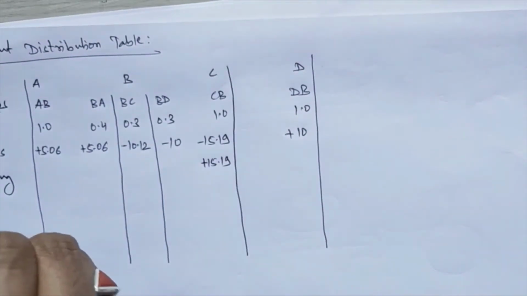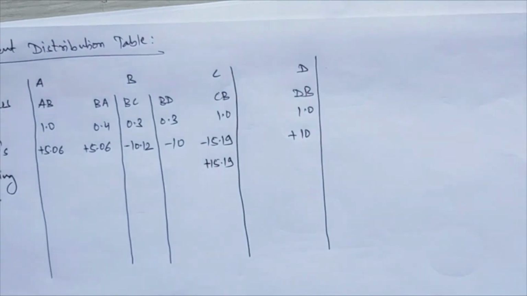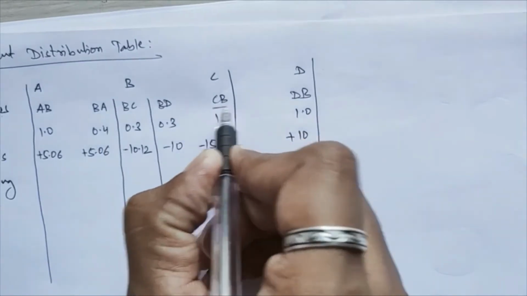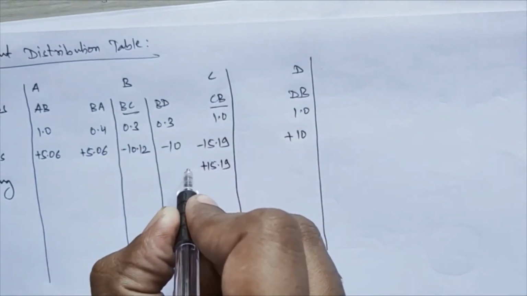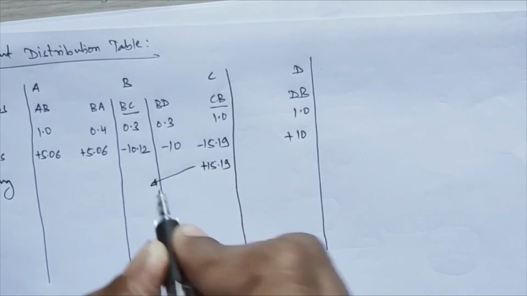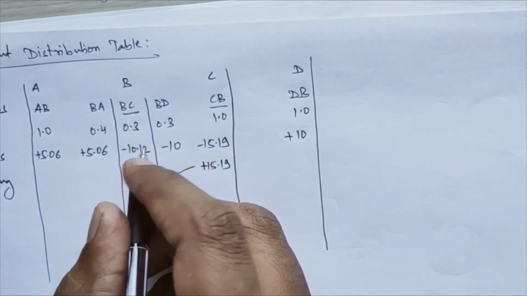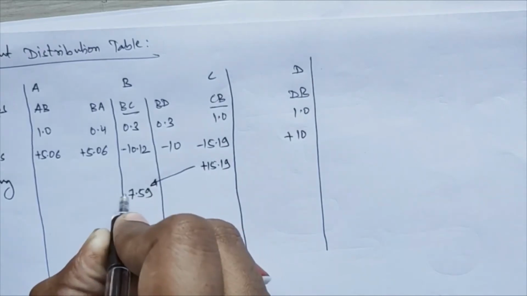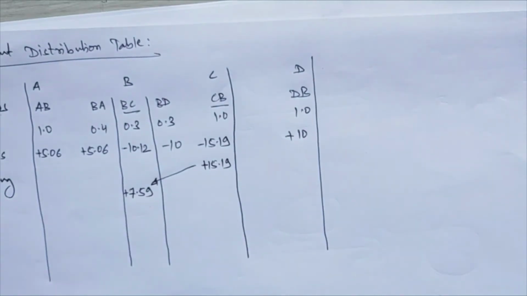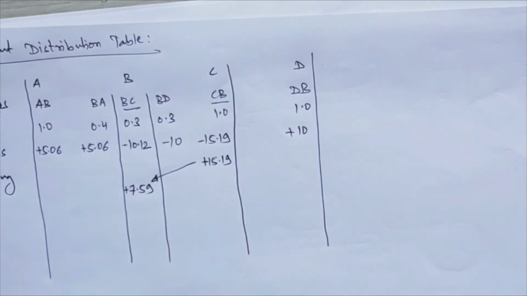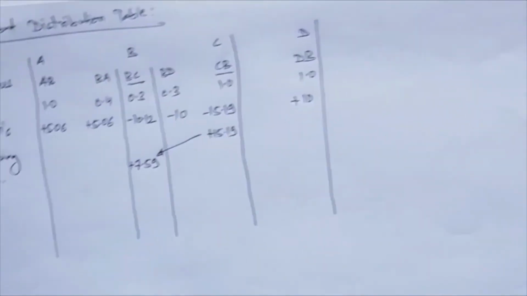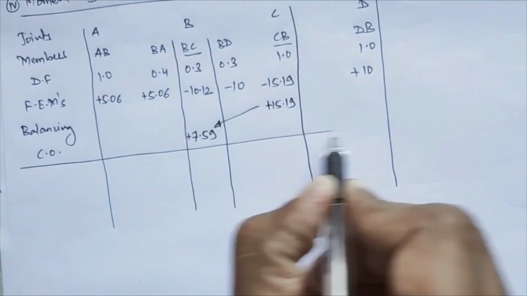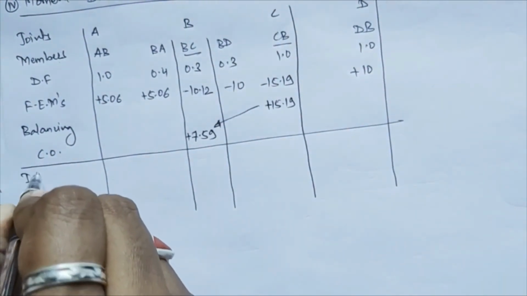Okay, out of that, half of the moment will get carried over towards its next capable end, that is, CB's moment will get carried over to BC. So half of the moment I'll carry over here, that is half of 15.19, I get that equal to plus 7.59, because carry over we have to do with the same sign. This much carry over is sufficient, because we do not have to do any carry over further, as only one incapable support we have. So whatever moments we get, those will be our initial moments directly.